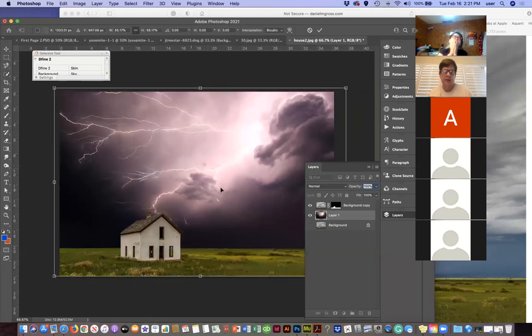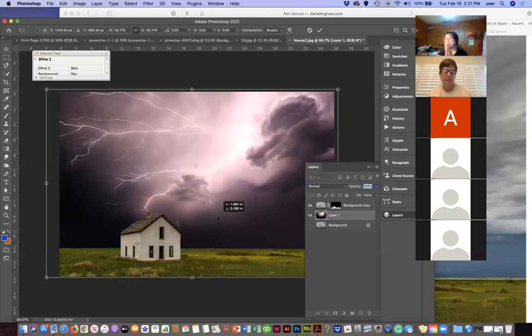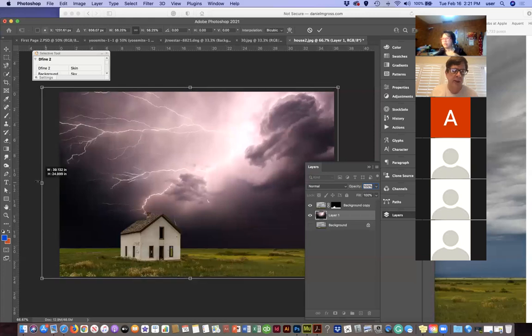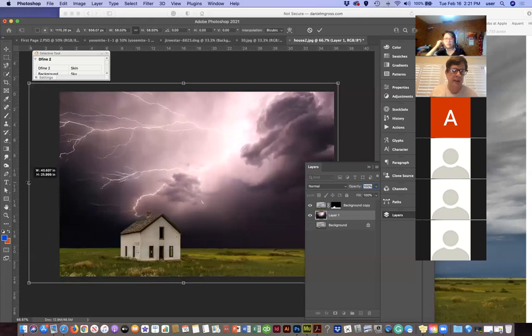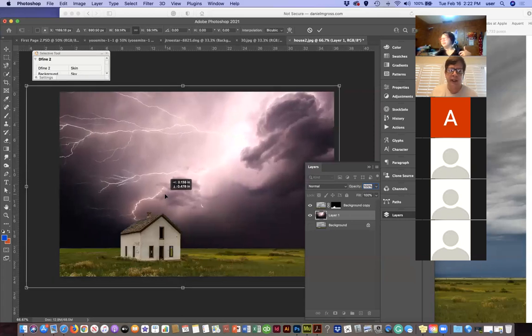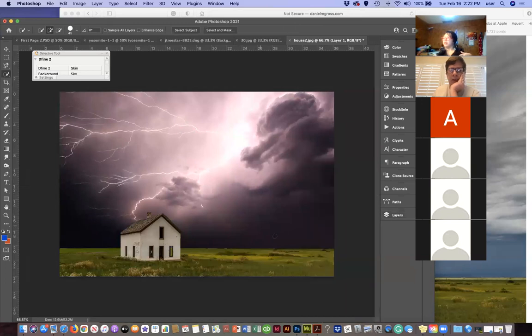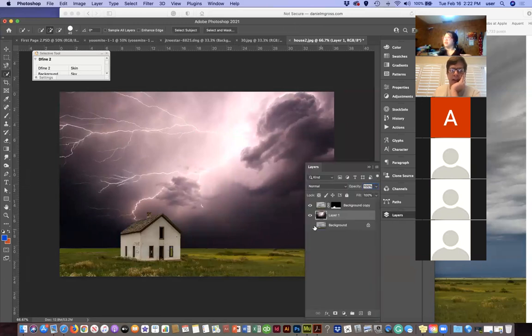Those clouds over there are really kind of cool. Well, it looks like it's hitting the chimney. I don't know if I want that. Maybe I'll stretch it a little bit. It's still hitting that house. It sure feels like it. Boom. Okay, so now you can see what we've done is we've replaced